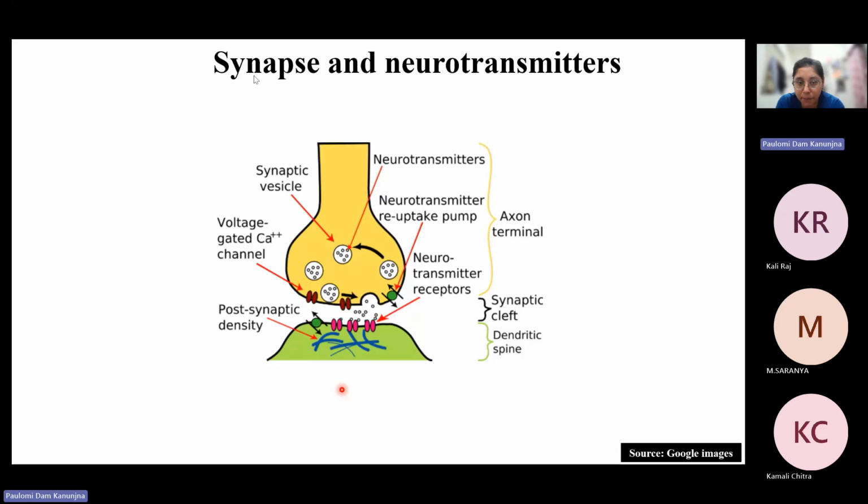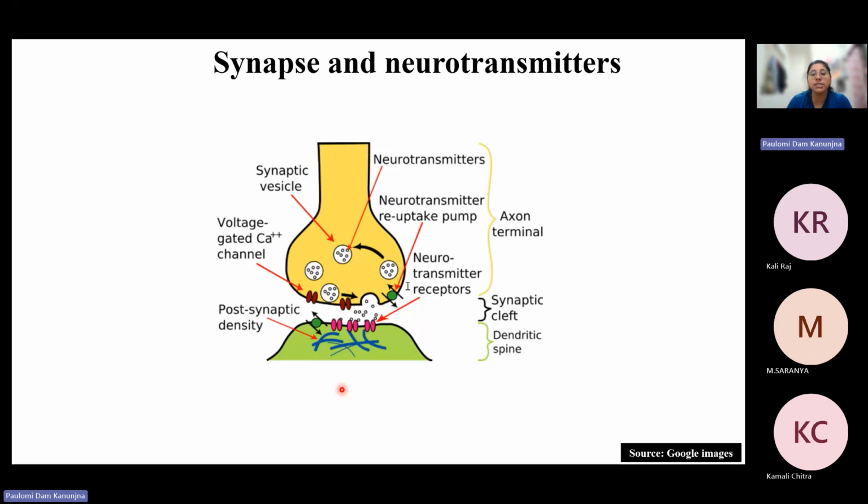You have the presynaptic terminal, pre meaning the one that is bringing the information. The synaptic cleft being the gap, and the postsynaptic membrane being the neuron that is receiving the information after the gap. That's why pre and post. Okay. Now,